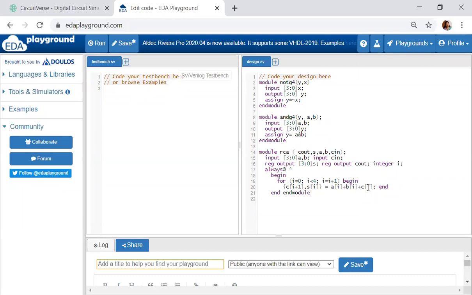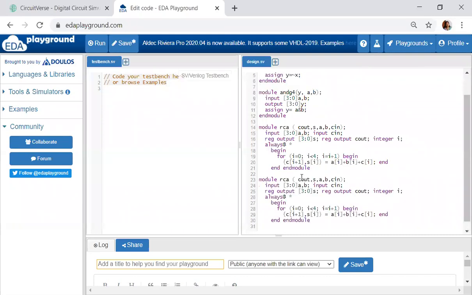Now similarly, you have to write one more program for the full subtractor, which I'm not doing as of now. So the same program you can write. This is the full subtractor. We can take it as full subtractor. Fs, and this will be A minus B minus Ci. Now all this is done.